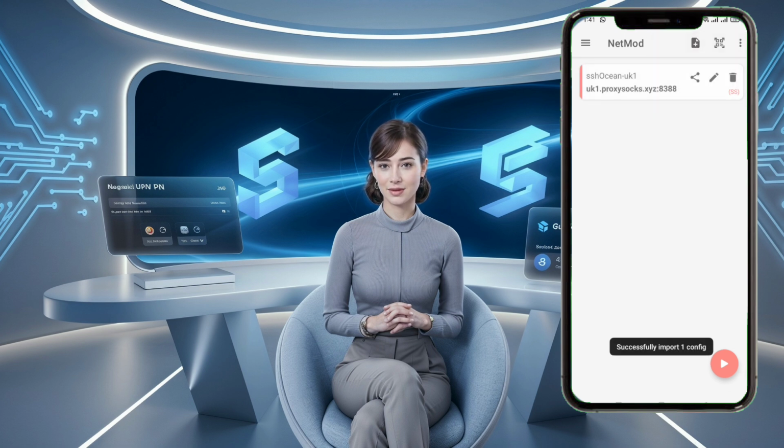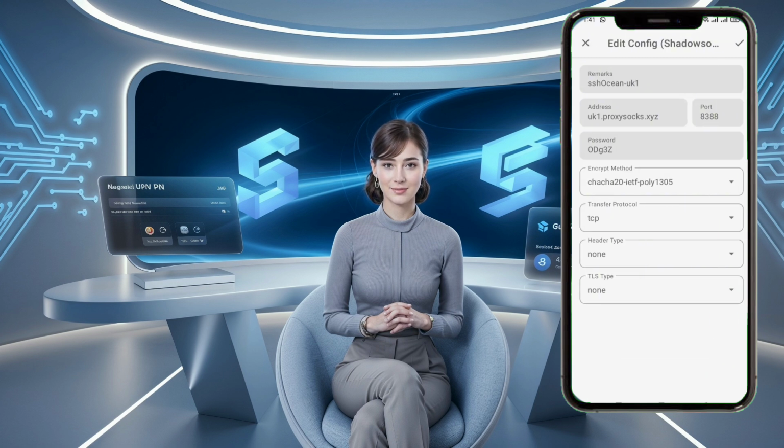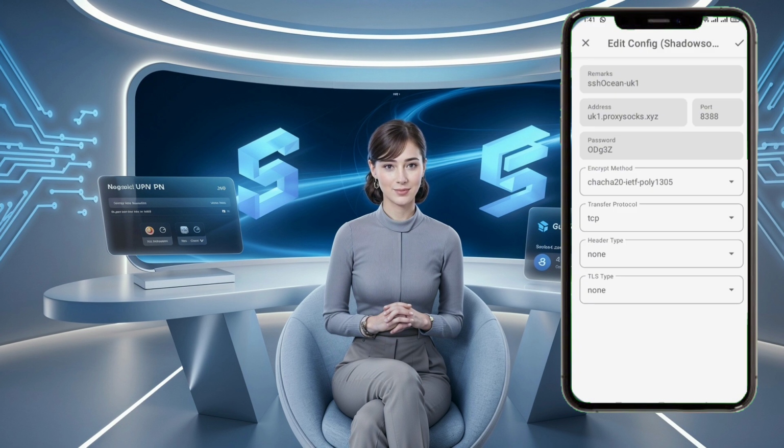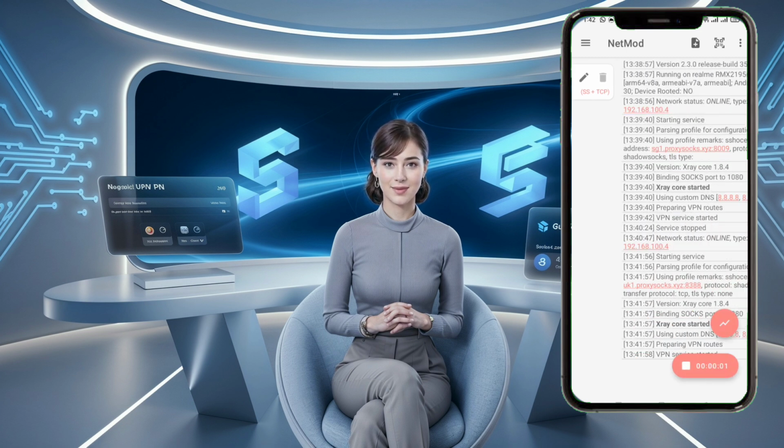Select Import from Clipboard. Ensure you have already copied the server details from the SSHOcean website. After clicking Import from Clipboard, your server will be ready to connect in just a few seconds. Now, simply click the Play button at the bottom of the screen to connect and enjoy fast-speed browsing with a